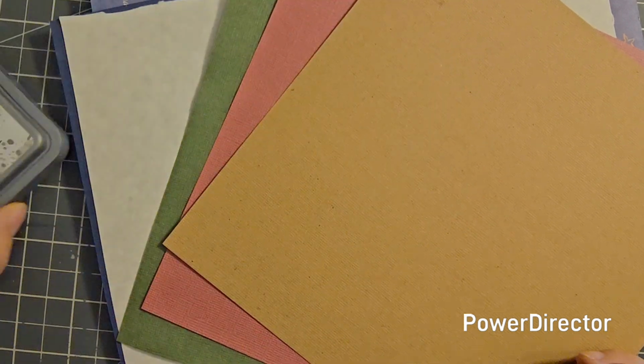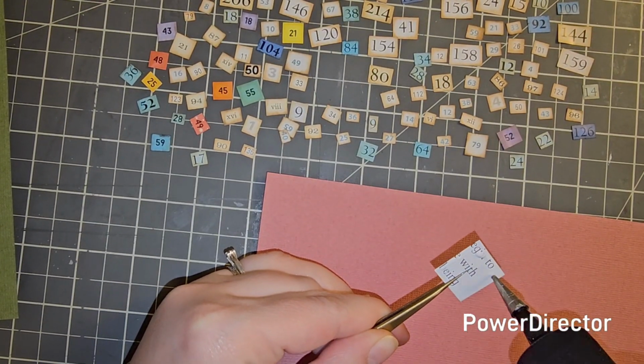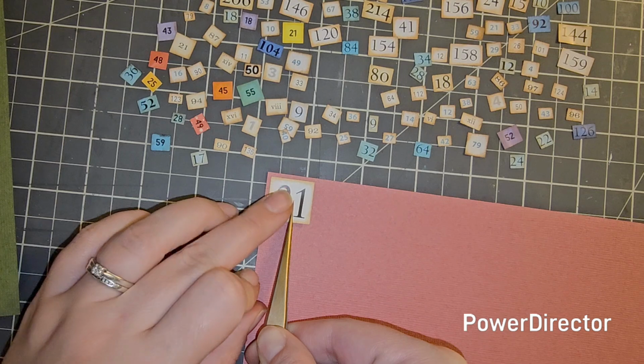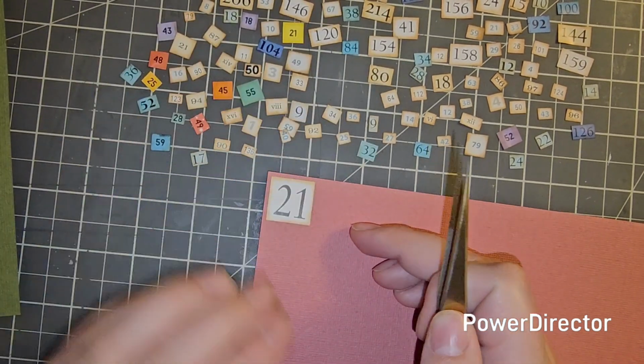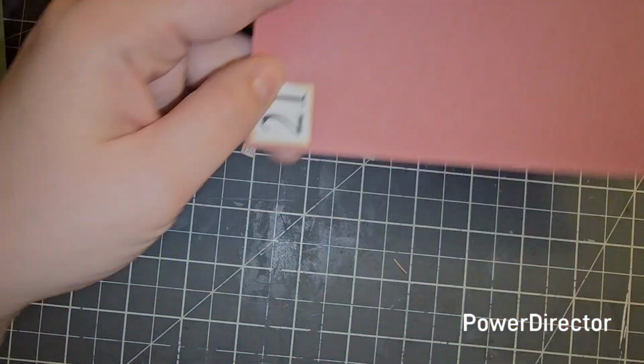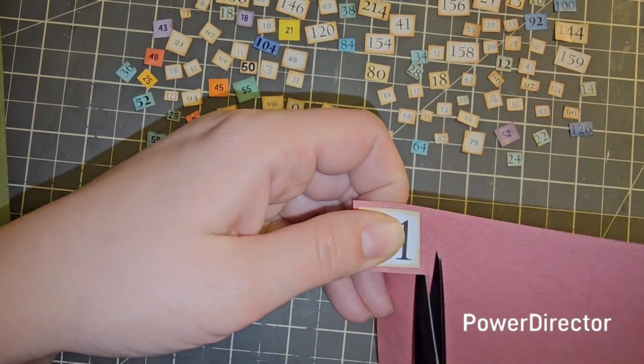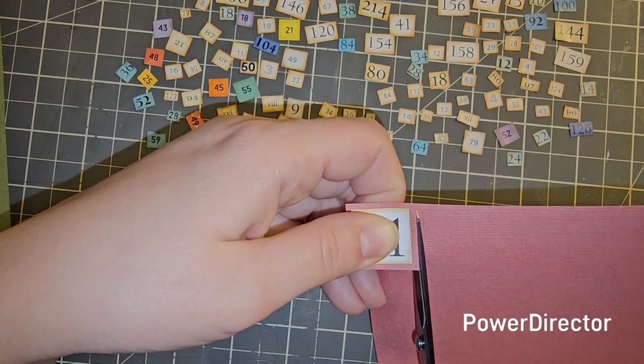And so first I was using my tweezers, which really helped from getting so gluey. I ended up using my art glue because I didn't want to get my fingers so sticky this time because I had so many to do, and stuck them down first, then cut them out. And I tried to have like this certain border. Granted, it wasn't always perfect. If I had to, I just kind of fixed it, trimmed off any parts that I needed, and then distressing